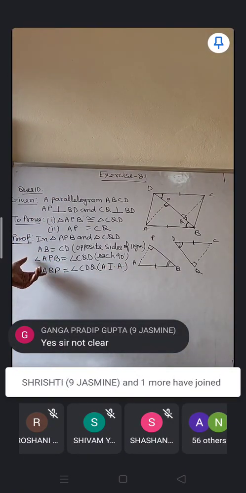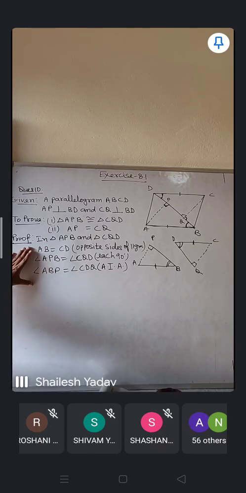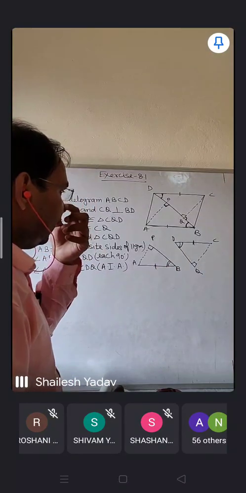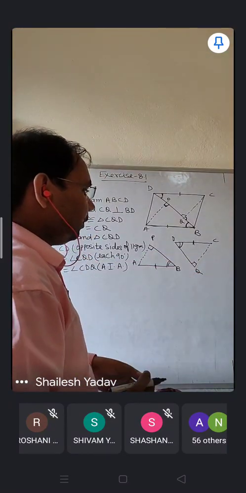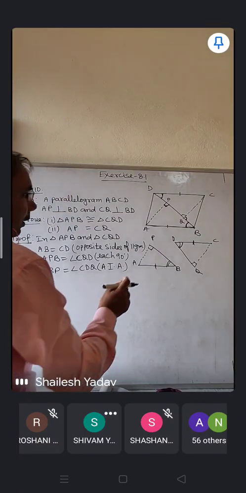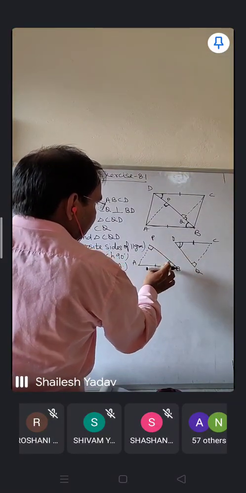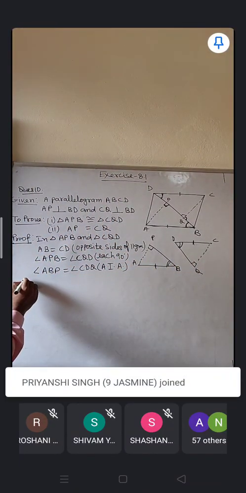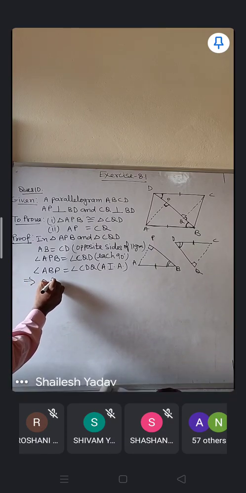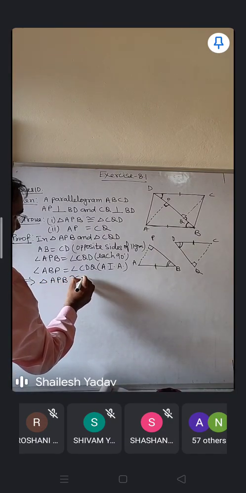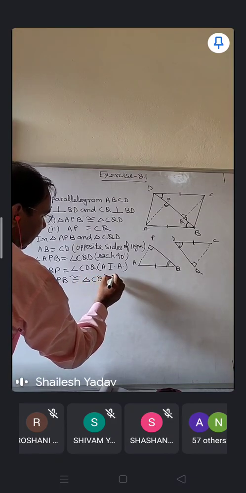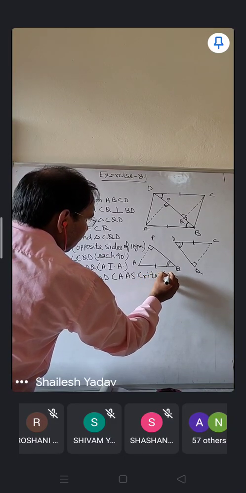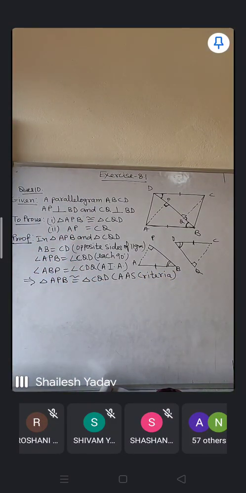So here I got two angles and one side. Here I got a total of three values equal: two angles and one side. So which criteria is going to be followed in both the triangles? That is AAS, angle angle side. So you are going to get the AAS criteria, two angles and one side. So you will write: it shows that triangle APB is congruent to triangle CQD by AAS criteria. So by AAS criteria, both the triangles are congruent. So the first part is proved.